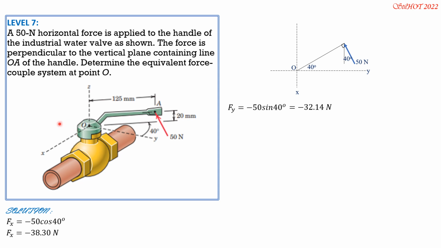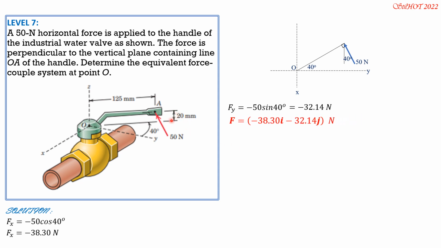Positive sense of moment, this is your right thumb, so positive sense of moment is in that sense, which is the same sense as this component of force, which is 32.14, do not carry the sign. It is pointing to the left. It is above. It has the same sense as the positive sense of moment about OX. So MOX by scalar approach is 32.14 times 20 mm